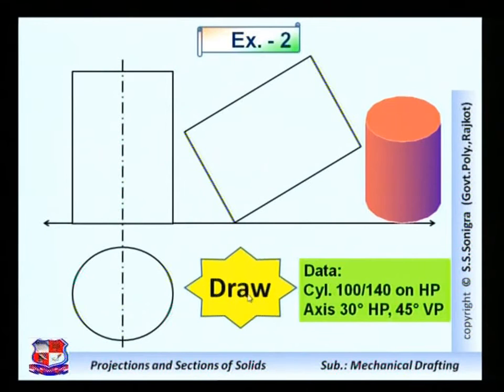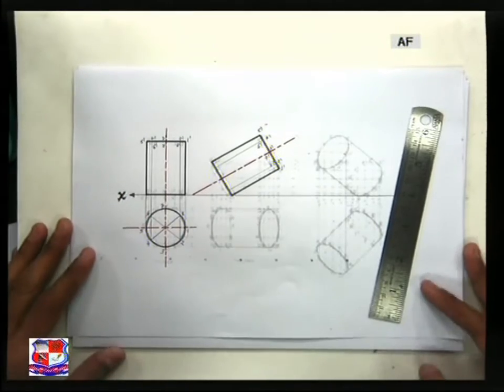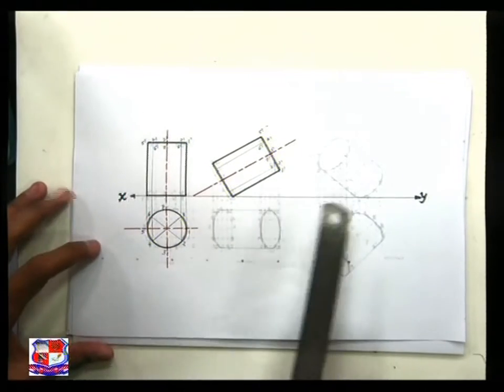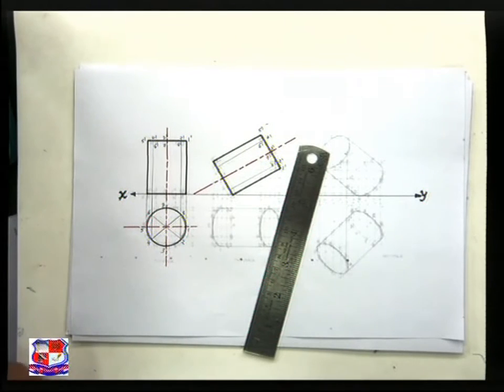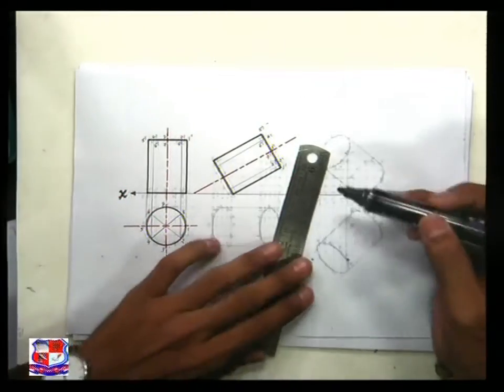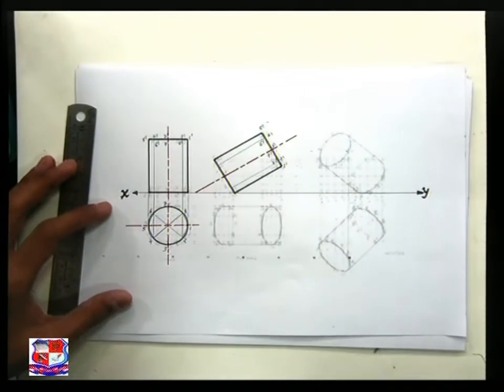Now how to draw this top view? Let me do this exercise over here. How to find out the top view? Till now we have drawn this. Now name the endpoints. So first we will divide this circle into 8 equal parts. After dividing the circle into 8 equal parts, let me take projections from here. Say 1, 2, 3, 4, 5, 6, 7 and 8 are the names of points in the top view,